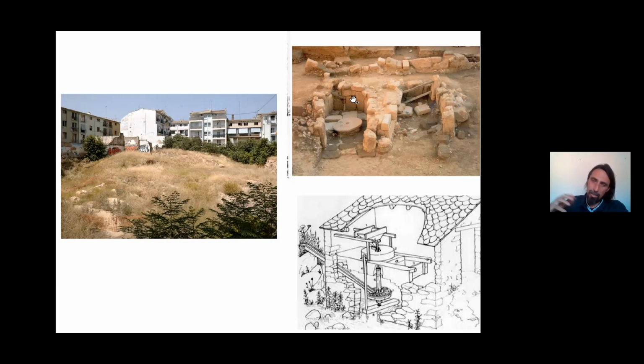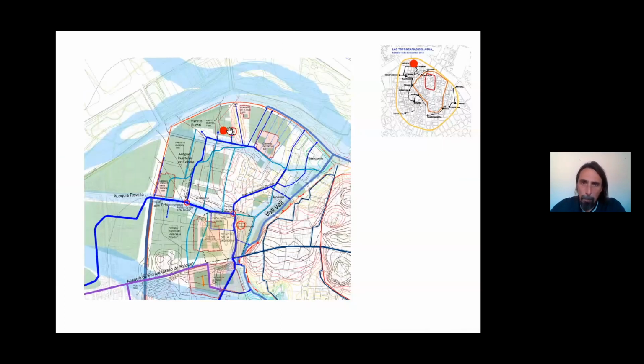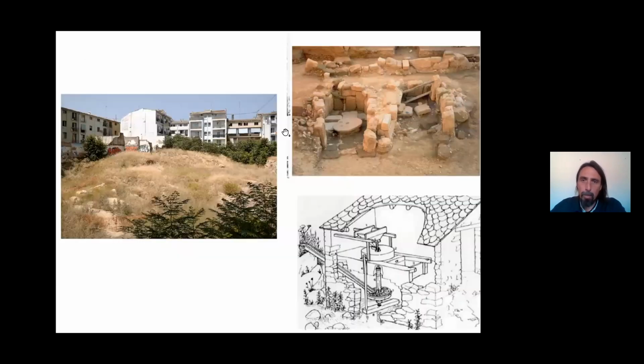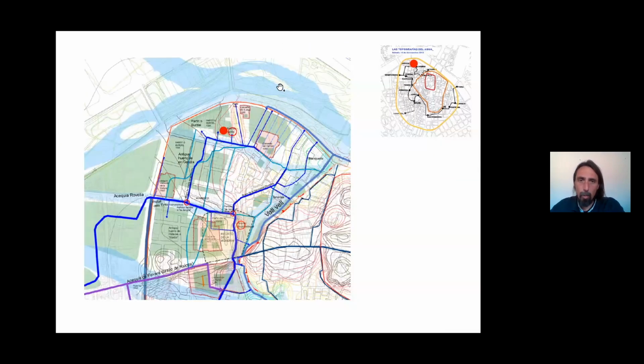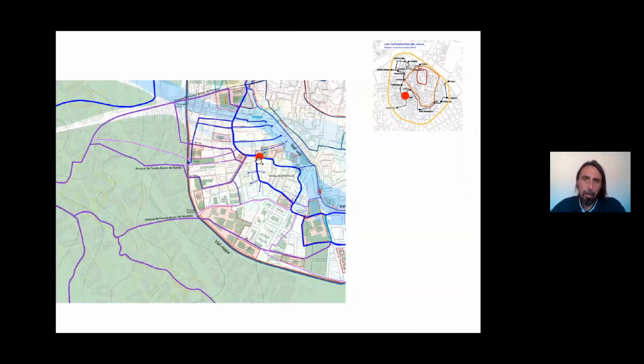So sometimes you can find Roman inscriptions on these structures. You can find construction equipment. But the presence of this mill tells us that, well, if you're going to have a horizontal mill like this, of course you need a difference in terms of slopes. So the river might have been closer to the mill than it is today. So there again, this takes us to the morphogenesis of the city.